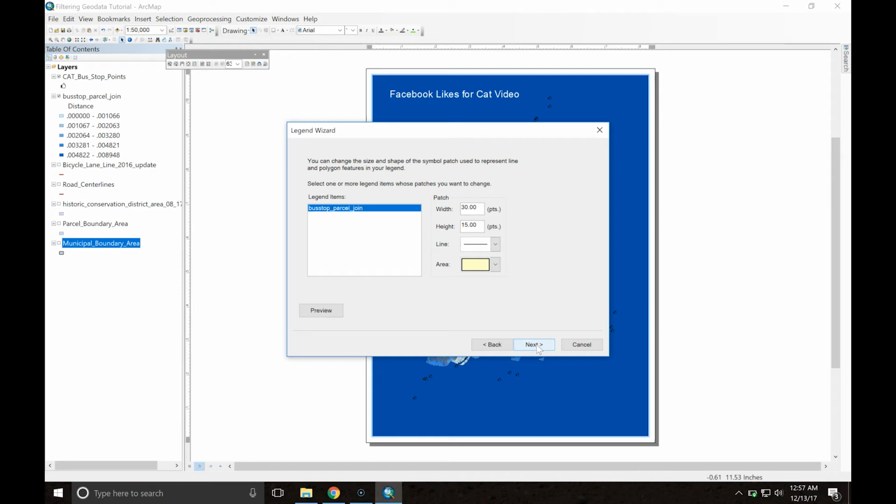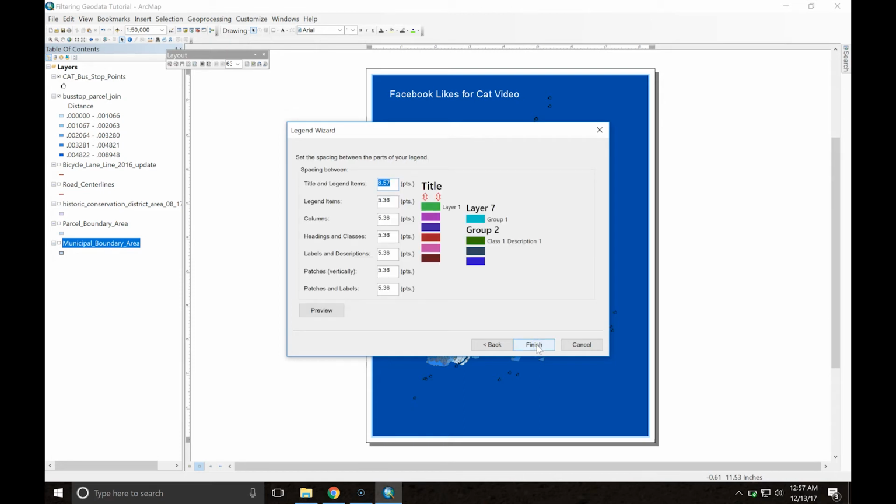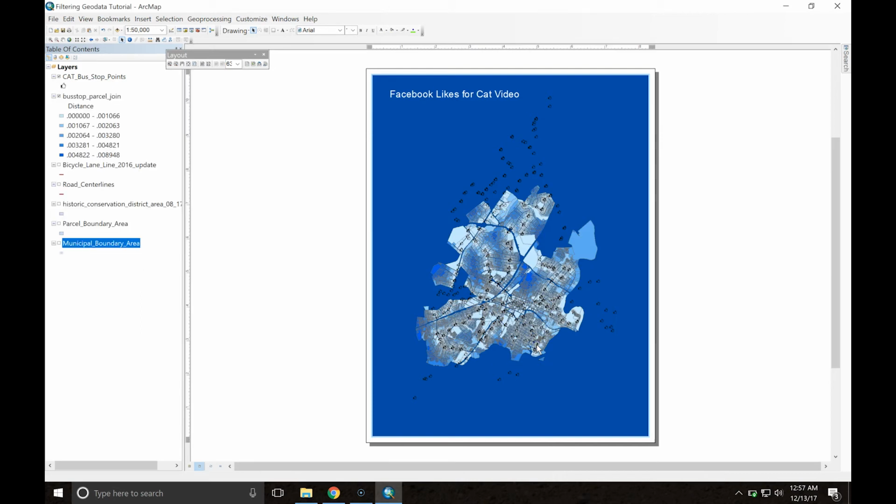We'll just say OK here, and great. So now we get this little legend, and it shows the title of our thing, and then it shows the layer that the data is coming from,